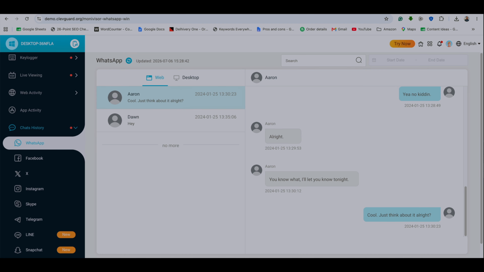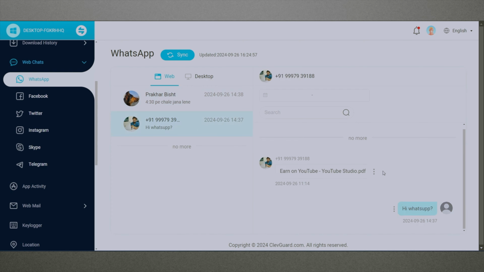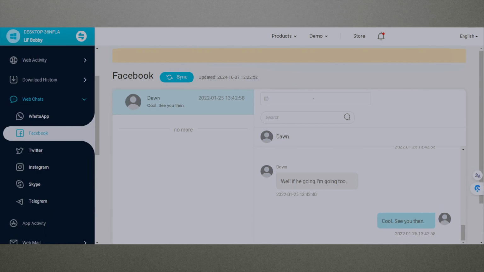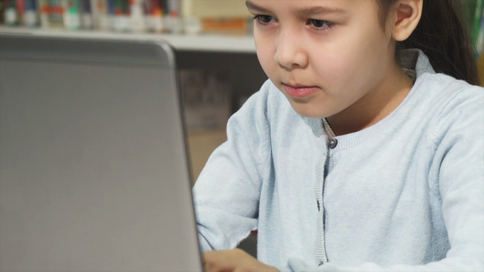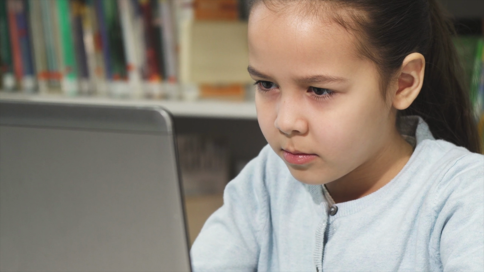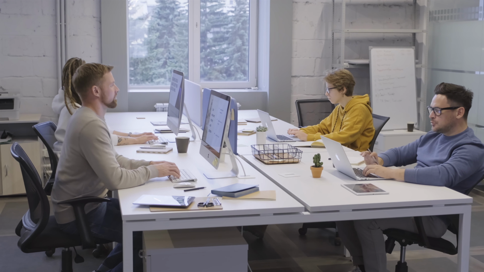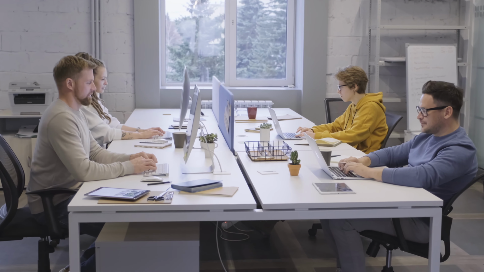Most computer monitoring software I have tested can track only one or the other, but MoniVisor supports both. That comprehensive coverage is what makes MoniVisor my favorite computer monitoring software. This helps parents ensure their children aren't communicating with strangers or engaging in unsafe conversations. For employers, it provides an additional layer of security by helping prevent confidential company information from being shared through messaging